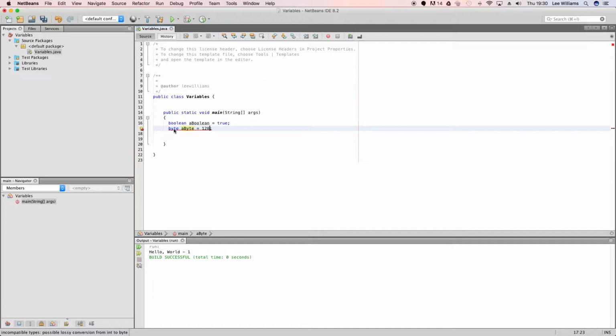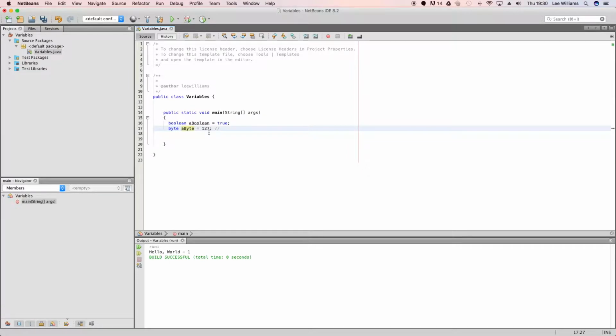So when I try to put 128 in, it's going to say, hold on, you've got an incompatible type here, because you're trying to convert basically what it says here is an int to a byte, and I'll talk about an int next. But if I put a comment in here, so the other thing is comments in Java are